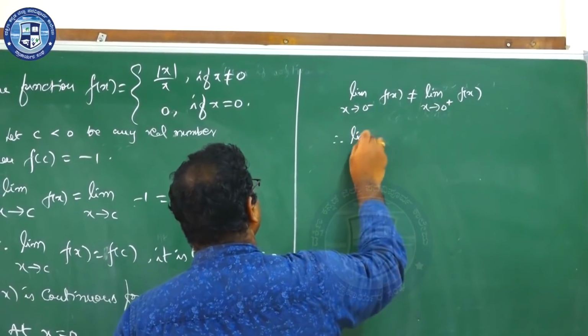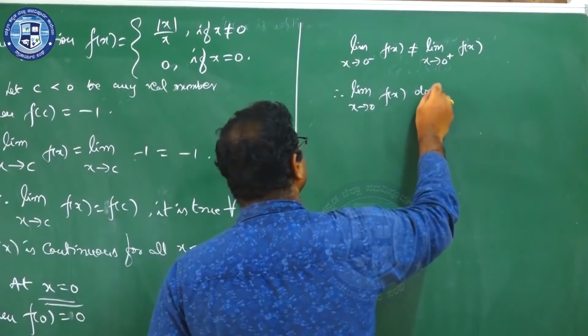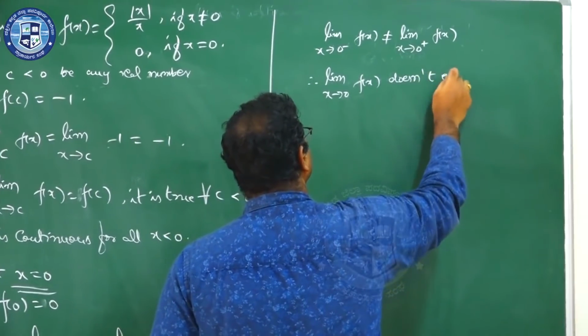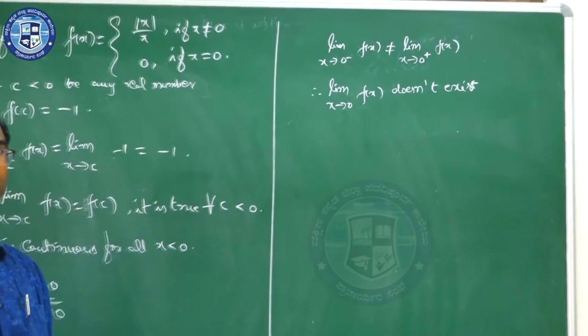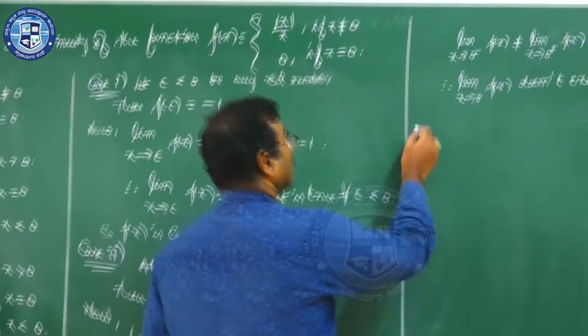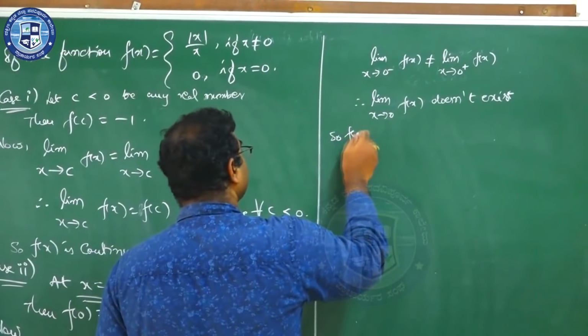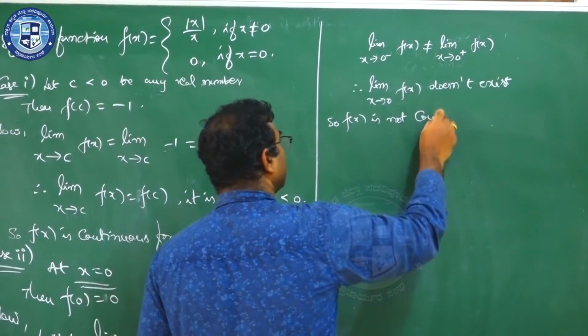Therefore, limit x tends to 0 of f(x) does not exist. The limit itself is not existing, then we can't go for continuity, right. So we will conclude that f(x) is not continuous